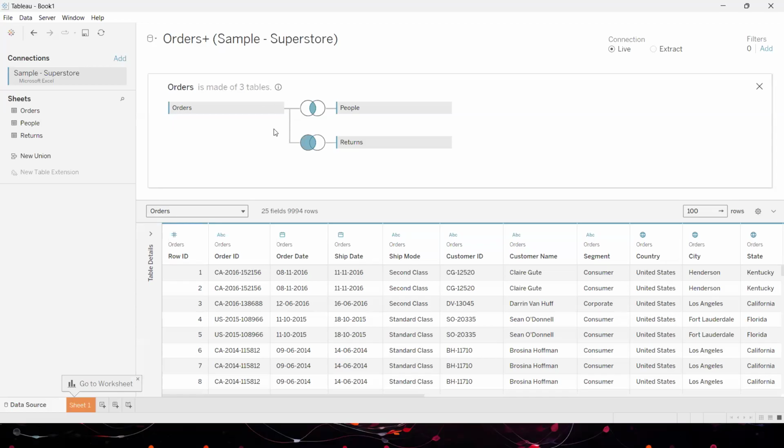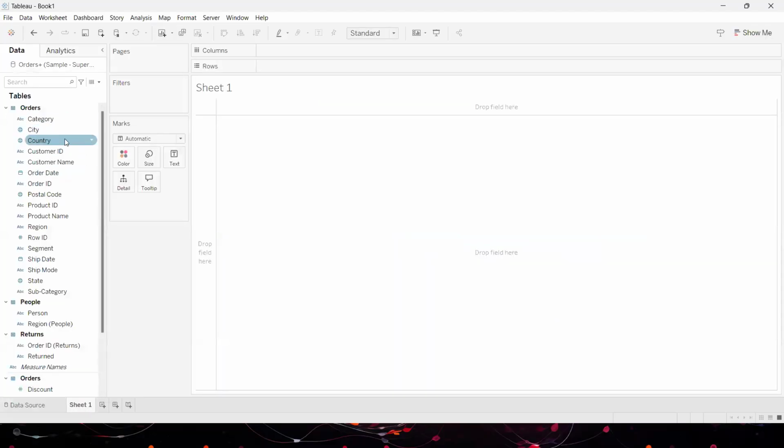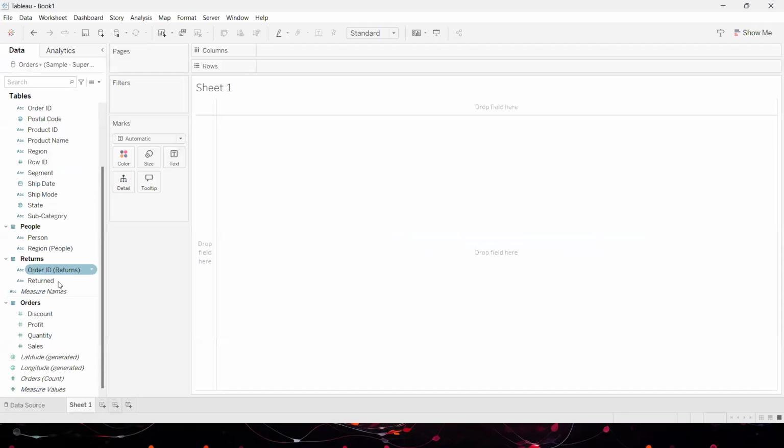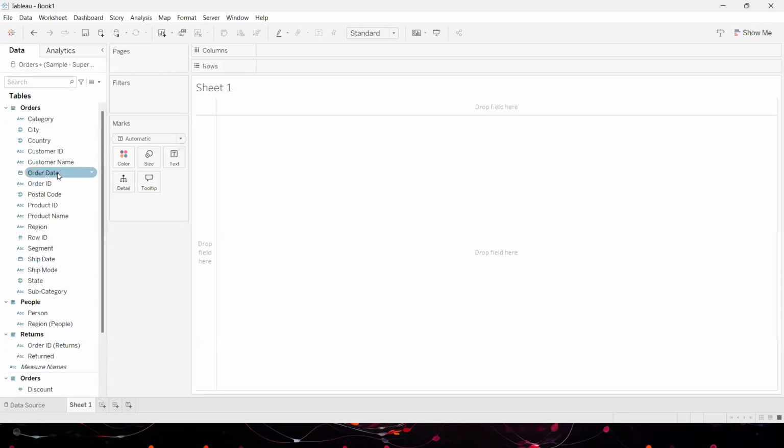After preparing the data, we will proceed to the worksheet. Now I have the complete list of fields from the database listed out over here on the left side. This is called the data pane, where I can see the fields. Now, what was our intention? Ultimately, to create something called a customer profitability dashboard.